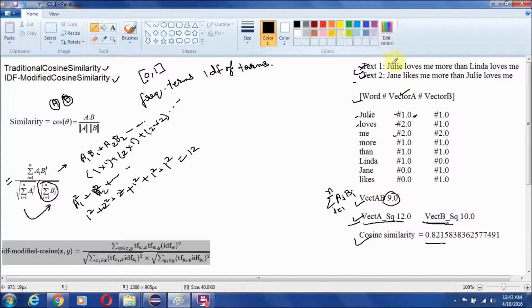Now the problem is, if we just calculate the cosine similarity, then from this table it is clear that traditional cosine similarity considers just the frequency of the occurrence of words in the corresponding text. But it is important to note that a word may have a different level of importance in a particular text.